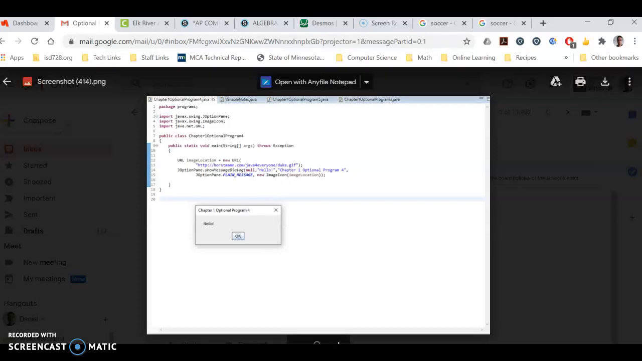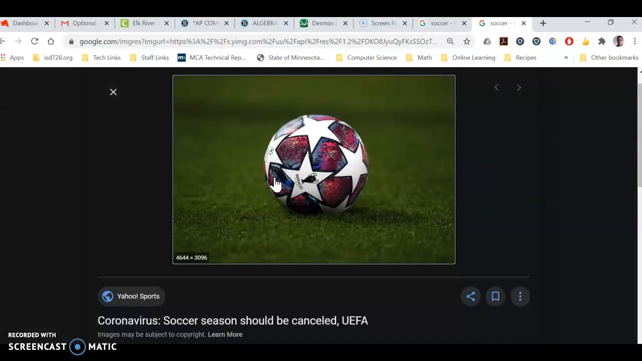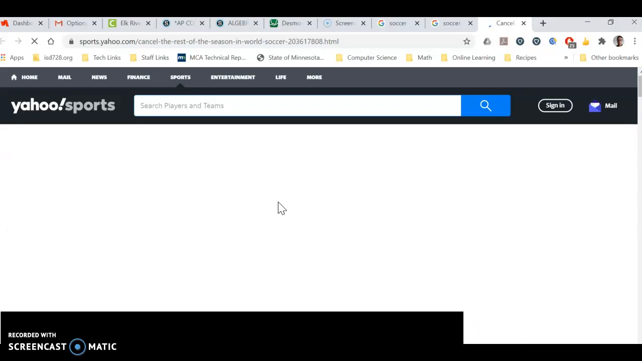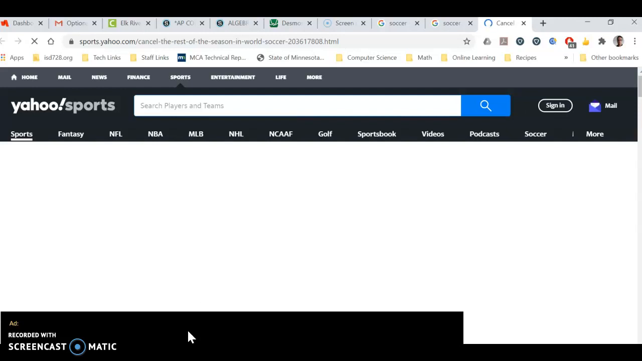If you can't get one, like this soccer ball link here has some crazy long links, so maybe I should try and find a different one. But if you can get to the link and then paste it in there, it should work, right? So try out a couple different links, and if that still doesn't work, then shoot me an